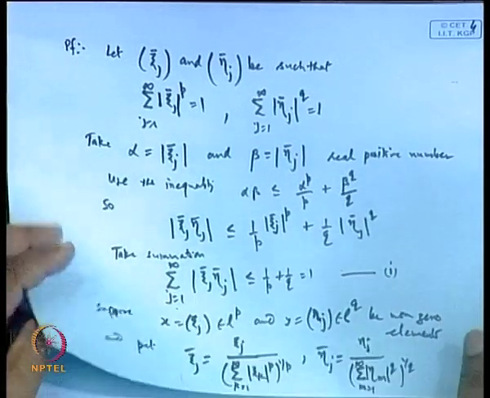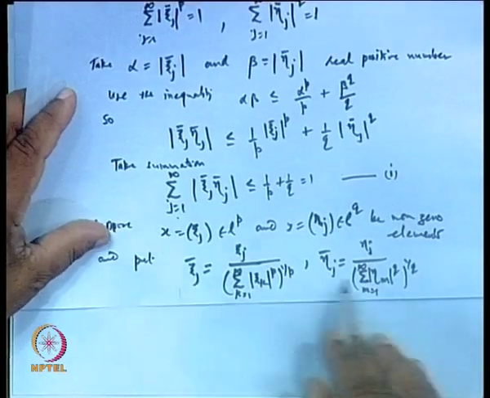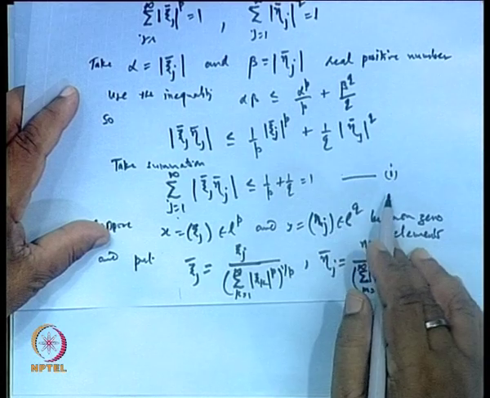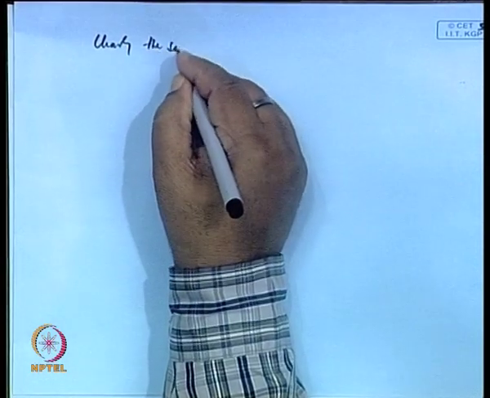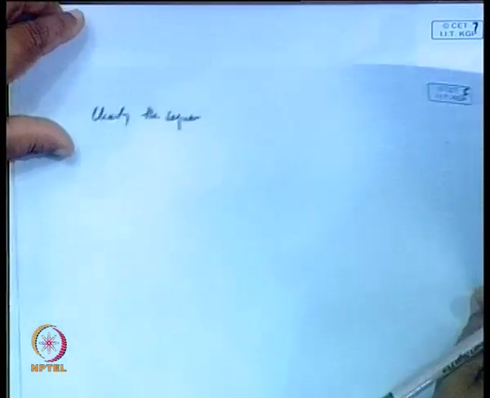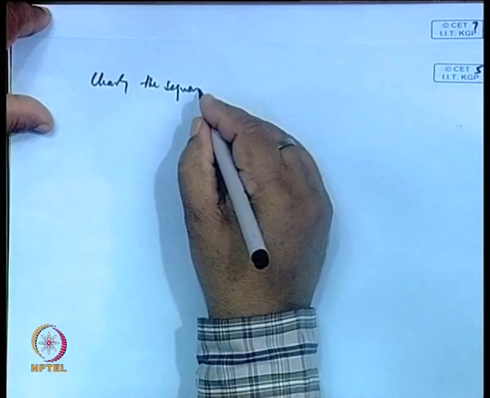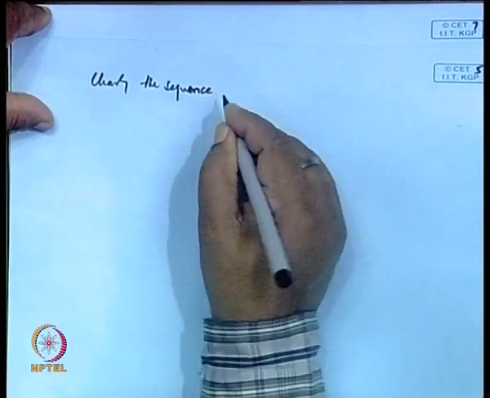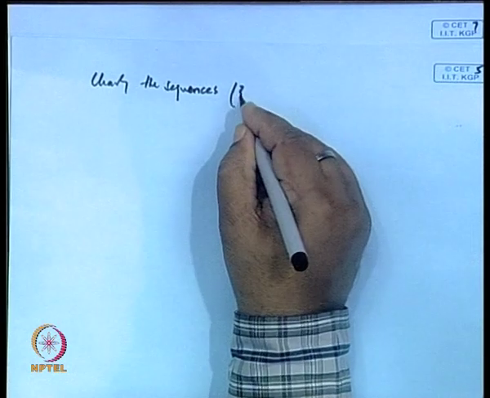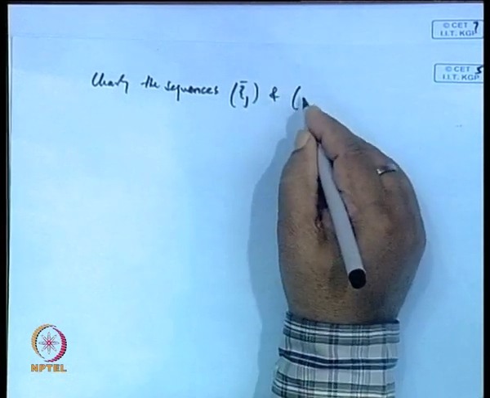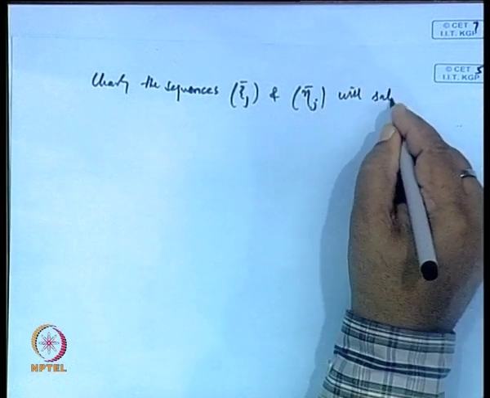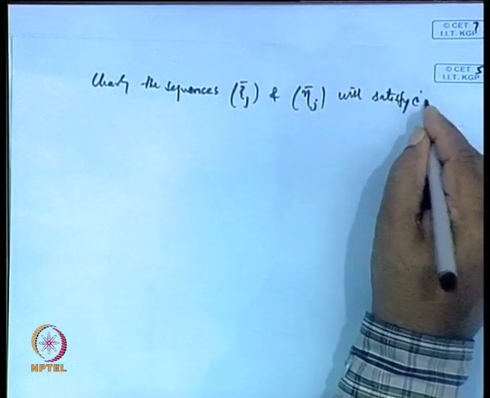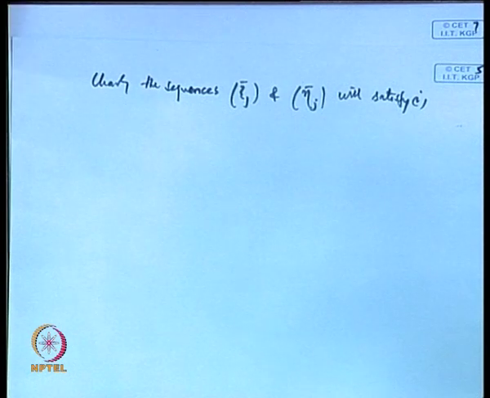So, clearly the sequences xi j bar and eta j bar will satisfy 1,